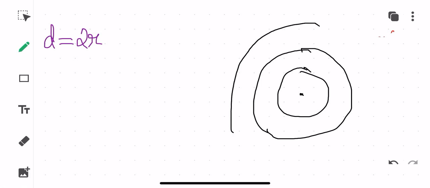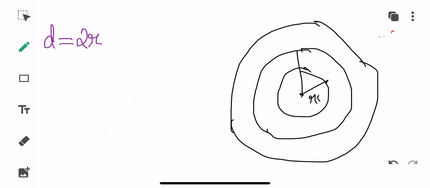Suppose I am drawing another big circle. This circle is also called a concentric circle. So this is the meaning of concentric circles, children: taking the same center, you are drawing circles one after the other with different radii. Suppose this is my R1, this is my R2, and this is my R3. The only condition is that you should have different radii and the center has to be the same. Here you can mark the center as O. So this is our concentric circle.